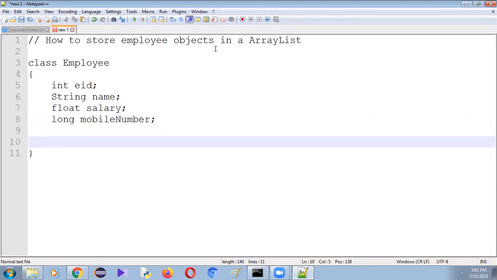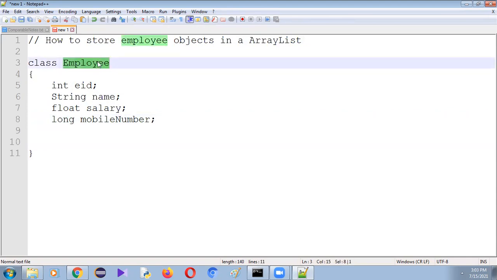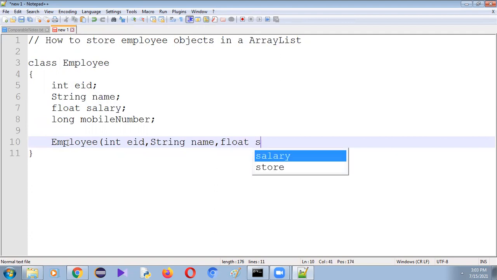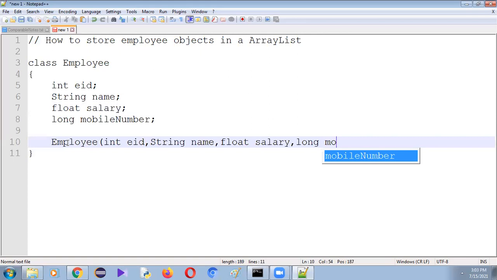Here let me write a 4-parameterized constructor: Employee(int EID, String name, float salary, long mobileNumber).